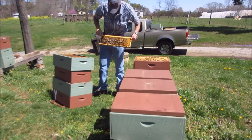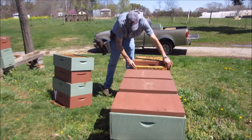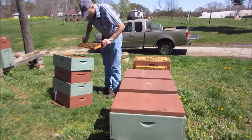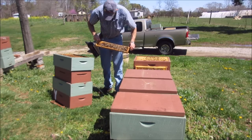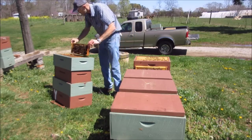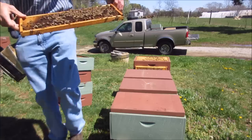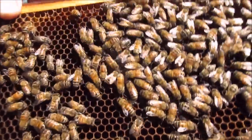Got the drones crawling. Got a bunch of wet larvae in this one. She could be anywhere here. You wouldn't want to put a frame like this in a walkaway split or any kind. I wouldn't, because